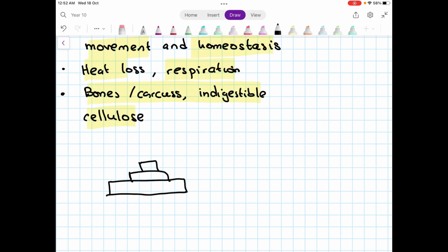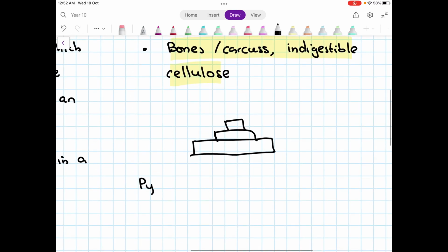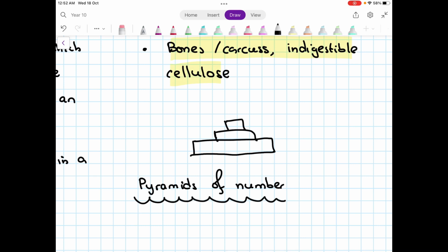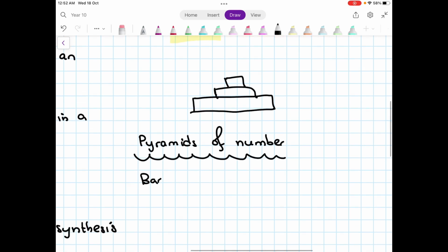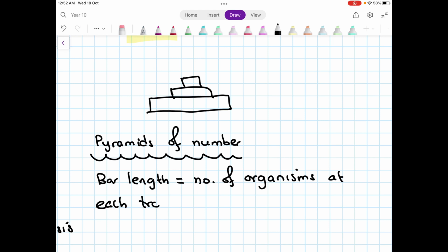So if I'm drawing a simple diagram over here, the different bar lengths could either represent the number of organisms at each trophic level, in the case of pyramids of numbers, so the bar length is proportional to number of organisms at each trophic level,